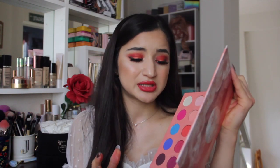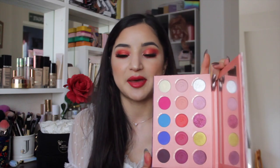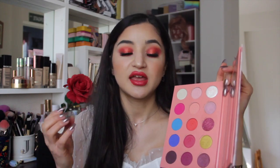This just kind of straddles the line right between them. And for a deeper but vibrant pink, this blends like nothing I've ever seen before. I also just really like the shimmers in his palettes a lot. I think this and the Moonspell palette have some of my favorite shimmers in that, again,